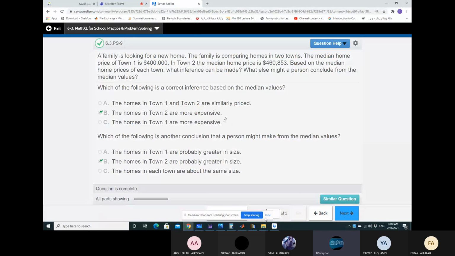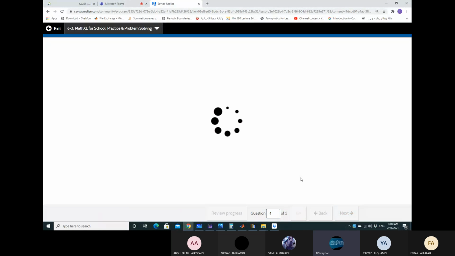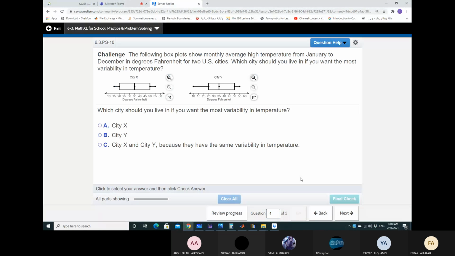Okay, so this is about question number 3. Let's see question number 4. The following box plots show monthly average high temperature from January to December in degrees Fahrenheit for two US cities, and which city should you live in if you want the most variability in temperature? As you can see here, we have two box plots, one for city X and the other for city Y, and the width of the box